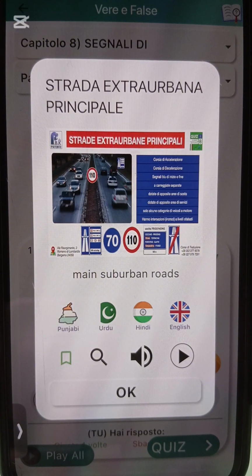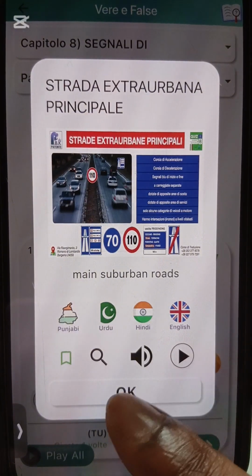This one is a small pass. Autostrada is the biggest, followed by this one, the semi-highway. The other one is the small one, which is strada extraurbana secondaria. Then we have strada urbana. And for this principale, the highest speed is 110. But there are some other reasons why you can drive below 110. Those reasons you will get there as time goes on.